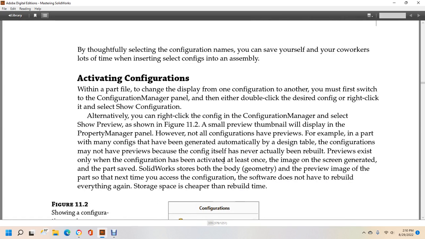Activating configurations. To change the display of the part from one configuration to another, you must first switch to the Configuration Manager panel. Either double-click the desired configuration, or right-click on it and select Show Configuration. Alternatively, you can right-click in the Configuration Manager and select Show Preview, as found in Figure 11.2. A small preview thumbnail will display in the Properties Manager panel. However, not all configuration previews will exist; for example, the configurations that have been generated automatically by design tables